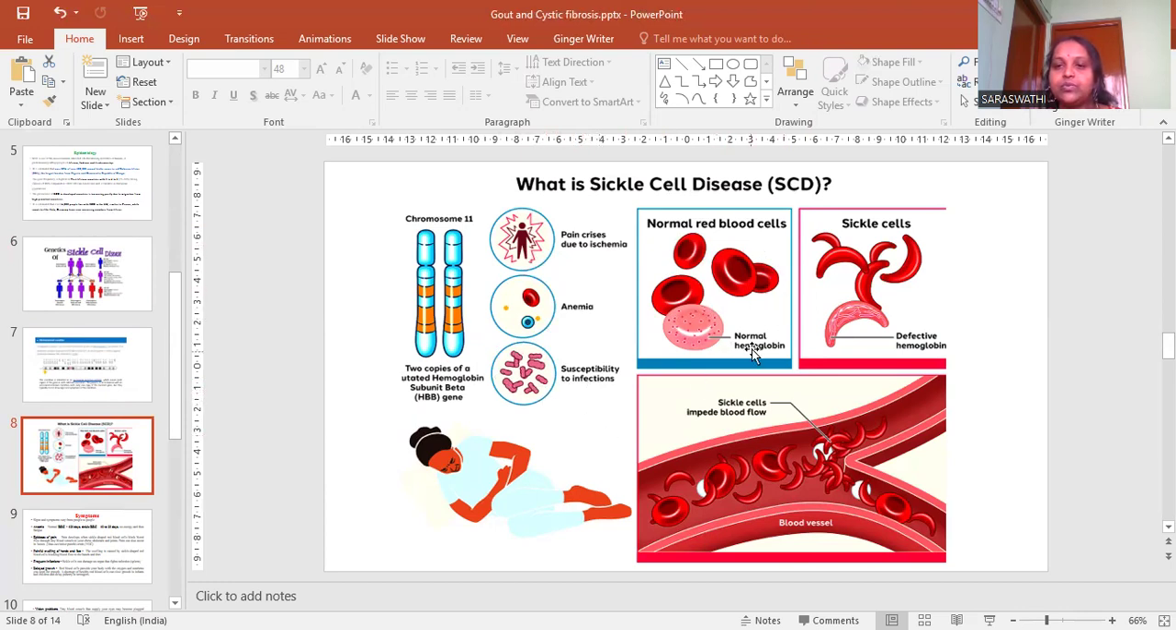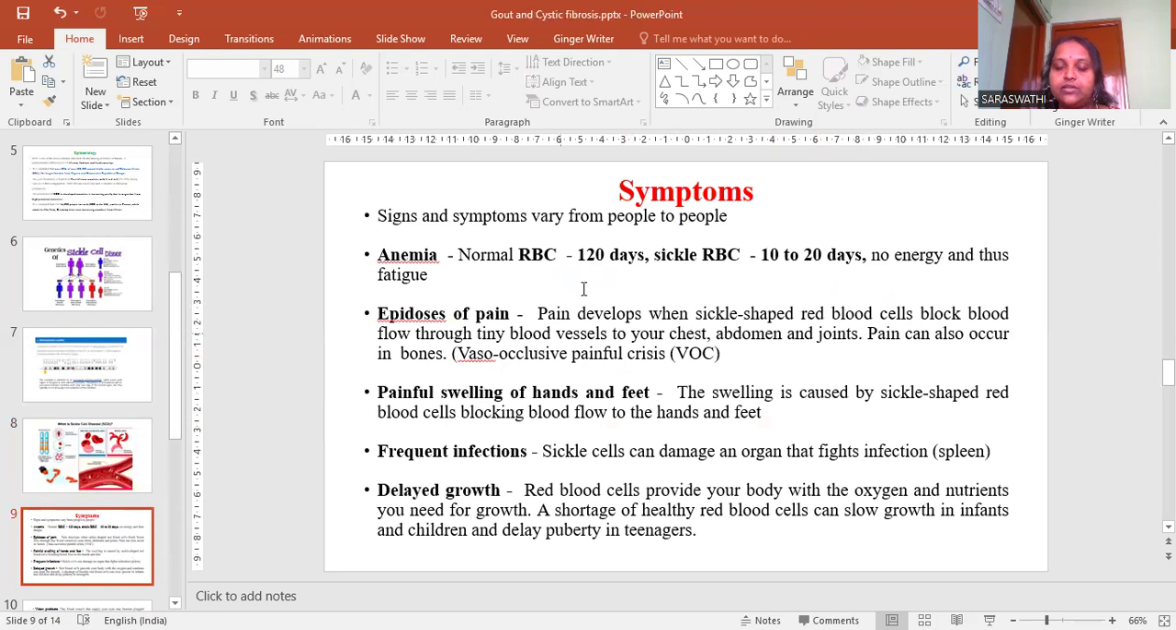If it is in a normal shape, it will be a proper hemoglobin shape. Otherwise, you can see the sickle shape of the hemoglobin, and it leads to anemia. So, due to the chronic cases and symptoms, normal red blood cells have a 120-day lifespan, but sickle-shaped cells have less than